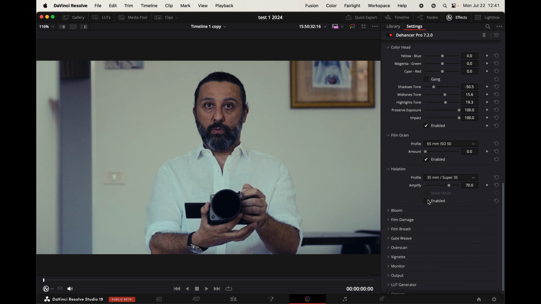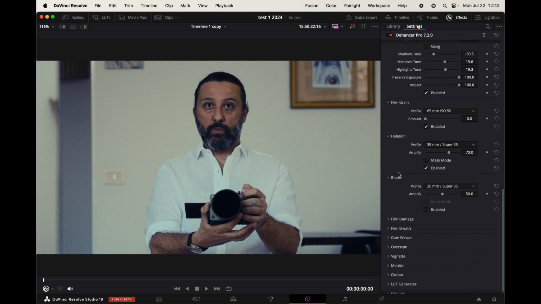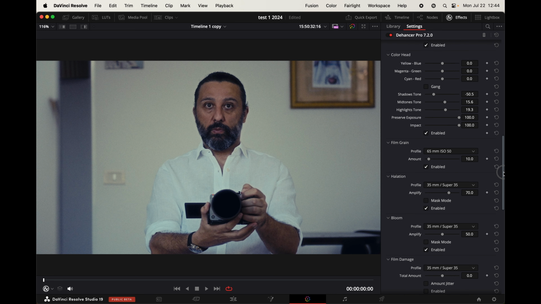So if we enable it, it's a subtle difference, but it's very good because it's very subtle but precise. And also bloom. You can see that we have a bloom effect that film, and I like also to leave it on this preset 35 Super 35. So if we go here and we change the preset, for example, we put like 8mm